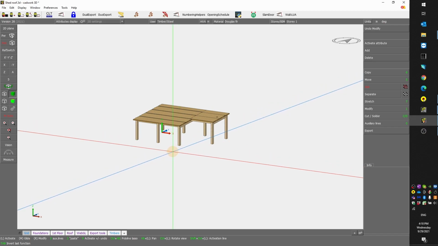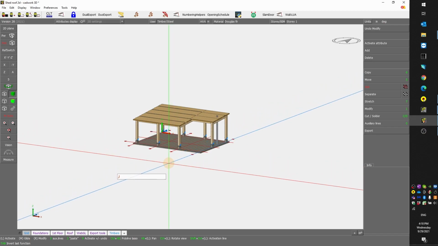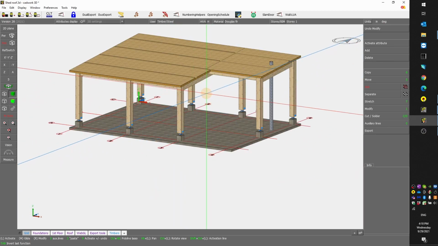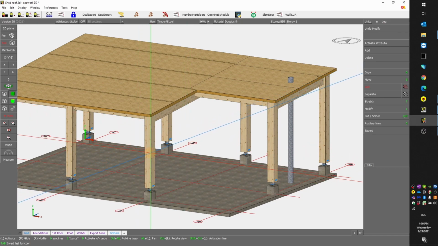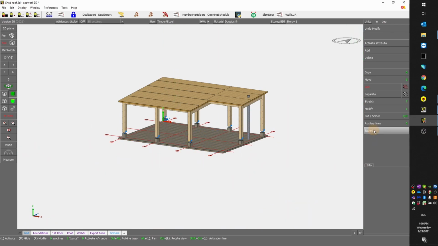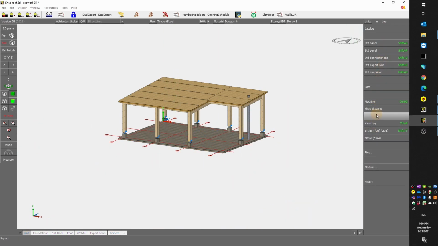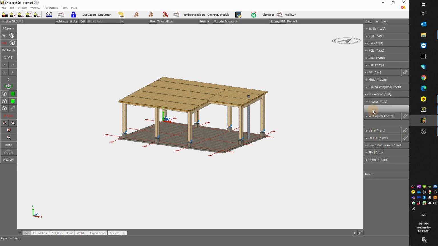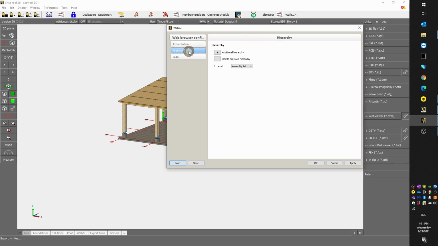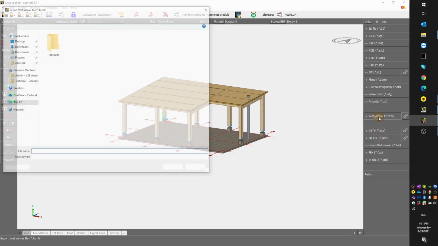Then the last point I'd like to check today is the ability to export this construction in WebGL. So what I'm gonna do, I'm gonna export files, web viewer, and here in the hierarchy, I can include different attributes. Here I'm including the assembly list, and if I export it,